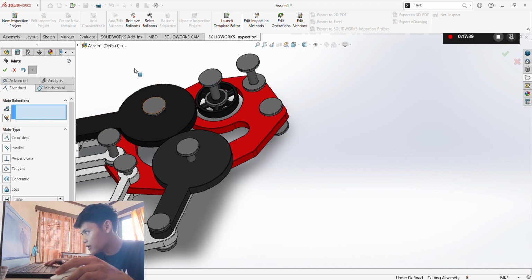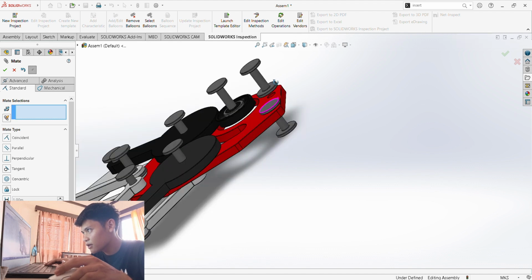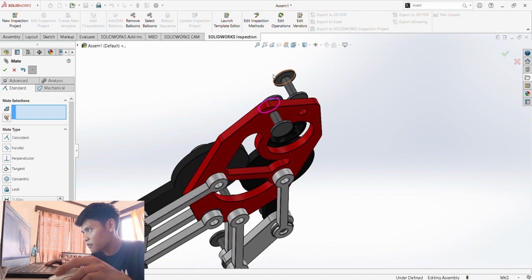The reason why I am toggling all of the pins out is so that I could select their bottom surface much easier.